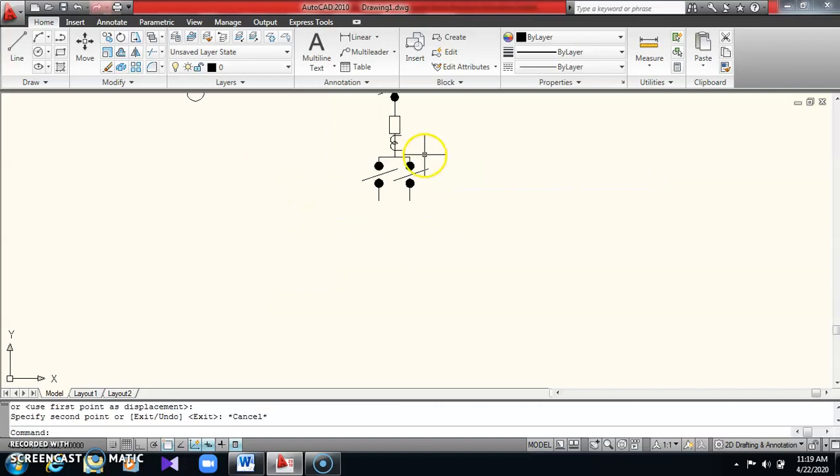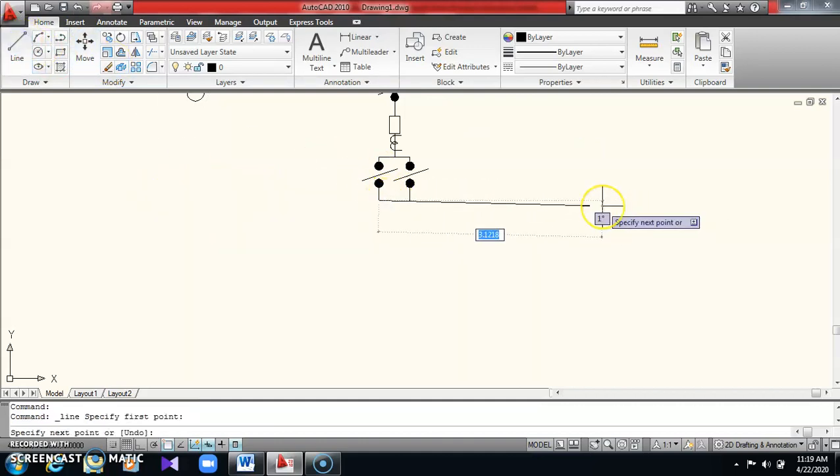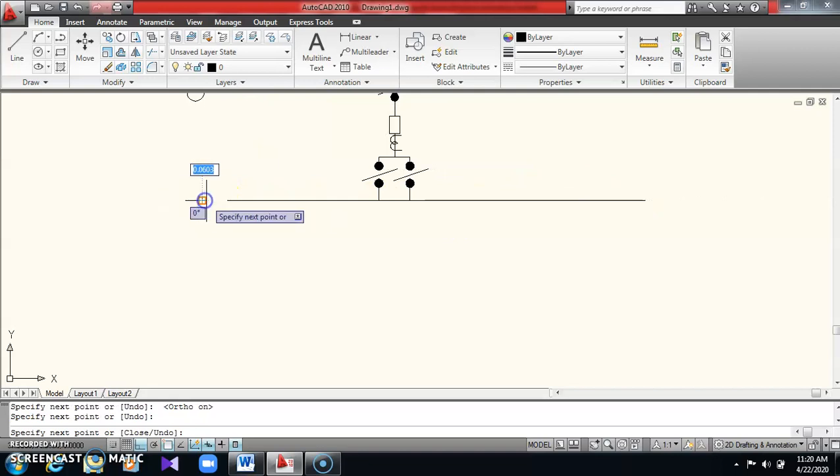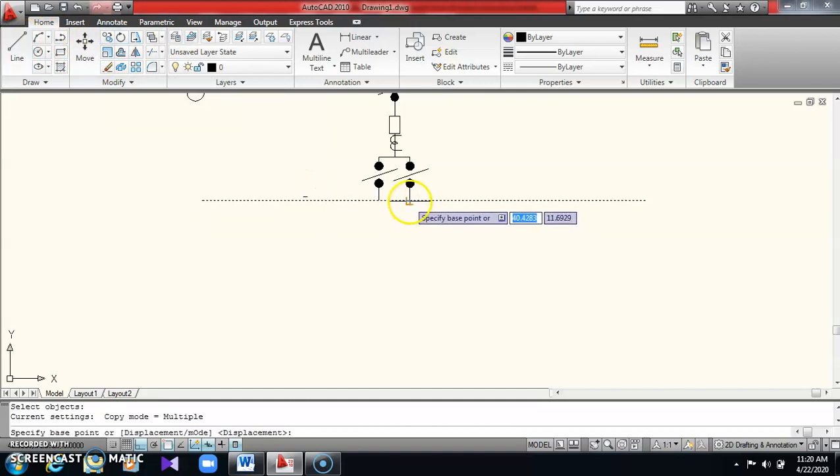Okay. This is connected to double bus bar, take a line, F8 to make it on, a straight line has to be drawn, okay, copy this, paste below.